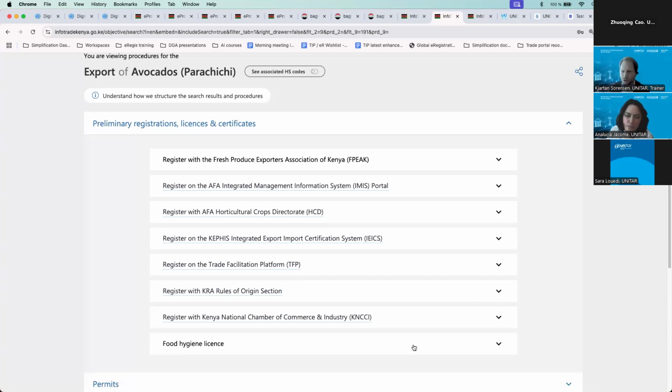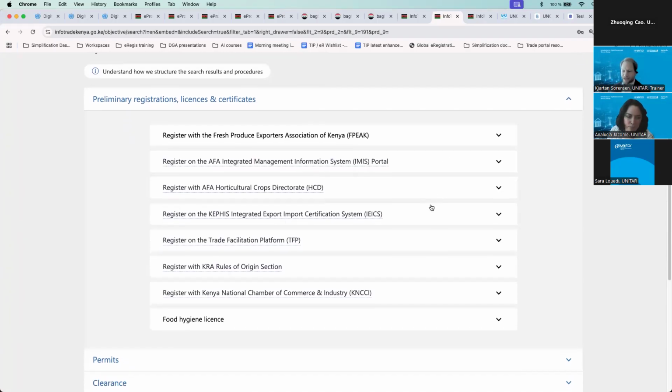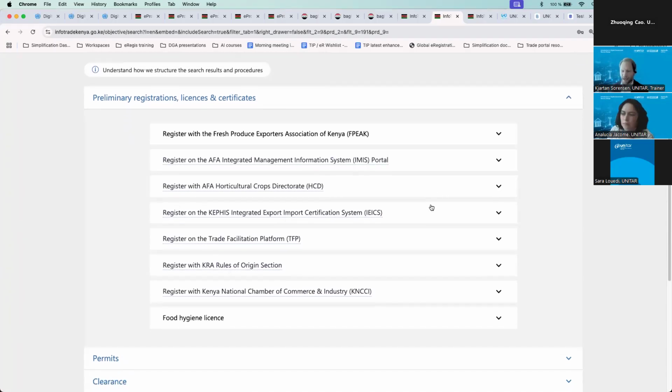And this is not to shame Kenya whatsoever, because I can tell you, this is the same situation in most countries around the world. There are so many different authorizations you need before you can actually, in this case, do business and export avocados. And here I'm not even getting to the point of having my avocados and being able to send them out of the country. Then there is a range of